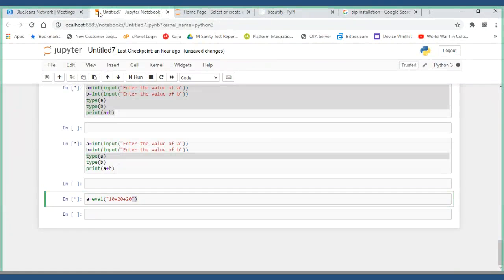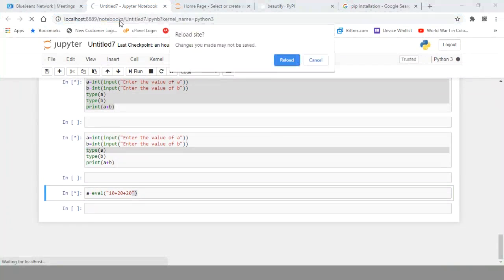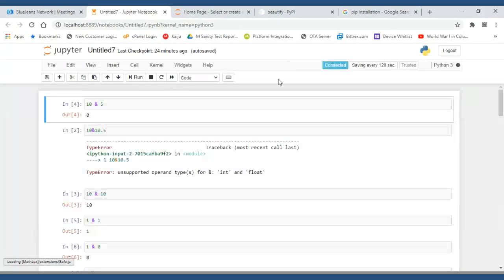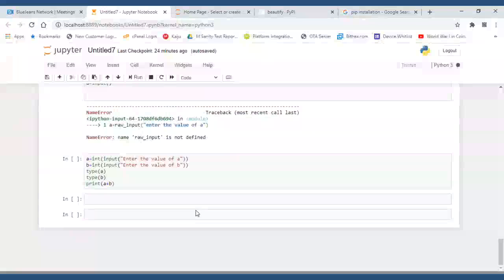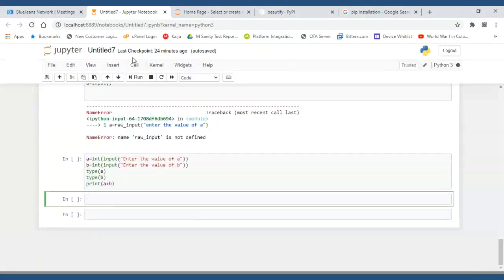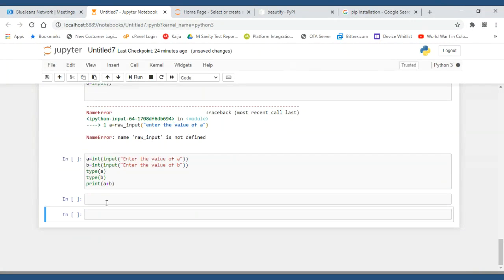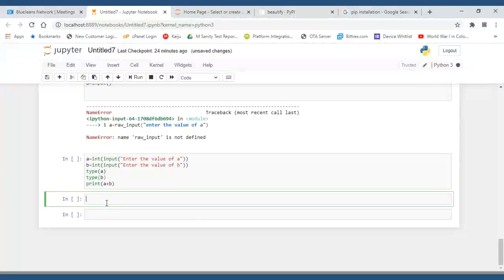Something it is showing. Let me reload it, guys. Oh my God.